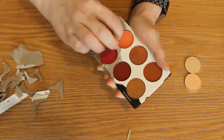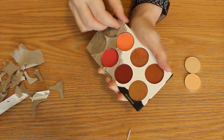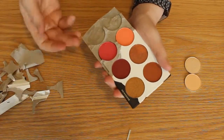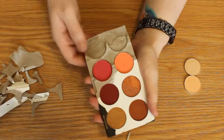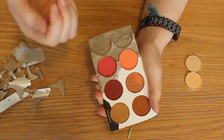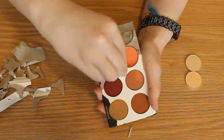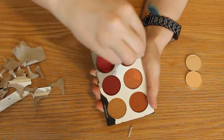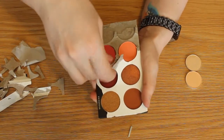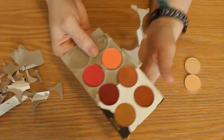Scared. I don't want the same thing to happen as what happened to the other shadows. Oh, a little bit did. Okay. Can't tell if that was the cardboard or my fingernail. These are talons. My gosh. Oh, I'm so nervous. Oh, I'm so nervous. Okay, okay, that's...